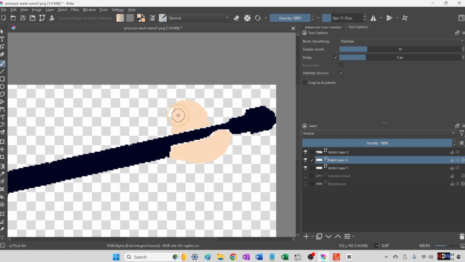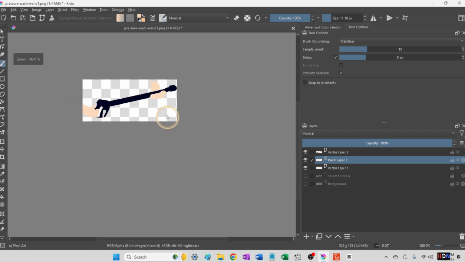I would guess I could go a pretty good sized nub here because he's got sleeves. And I just got to be careful I don't make it so big. I can always come back and fix this stuff. So, okay, I'm gonna give that a go and